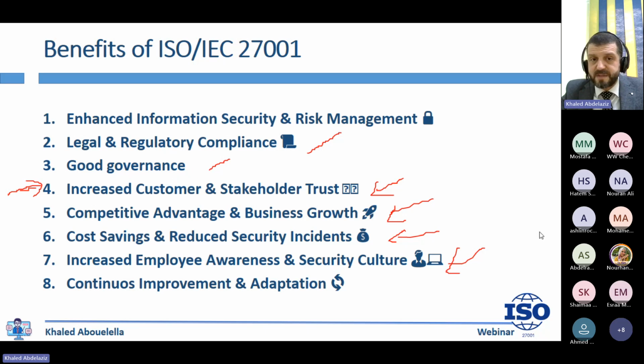Employee awareness. How will implementing an information security management system based on ISO 27001 increase the employees' awareness? Simply because it's a requirement. It's not an option in ISO 27001 to increase the awareness of your employees. Competences, awareness programs, and training programs are mandatory in an information security management system. It's mandatory in ISO 27001, and it's explicitly highlighted in clauses 7.2 and 7.3 in the standard.